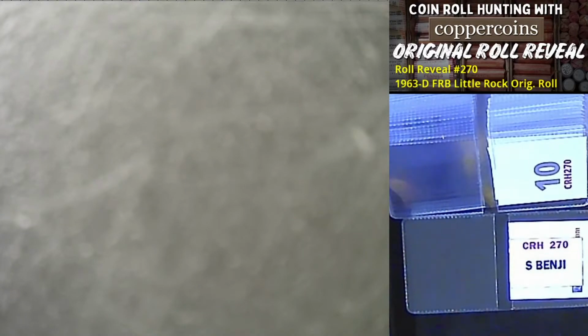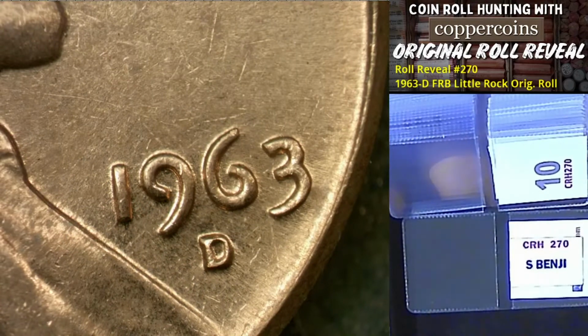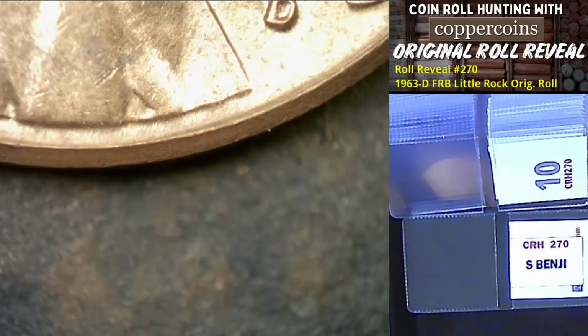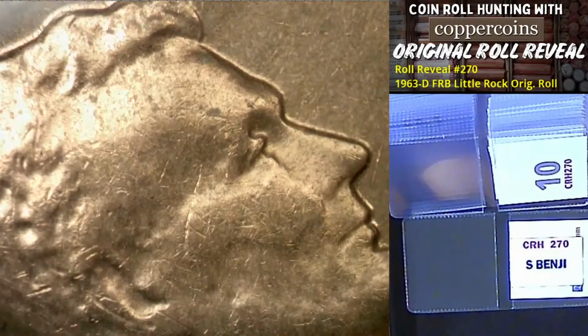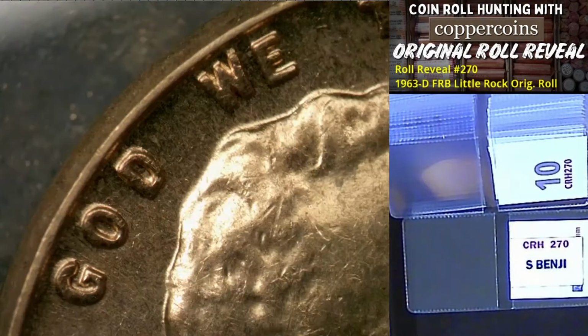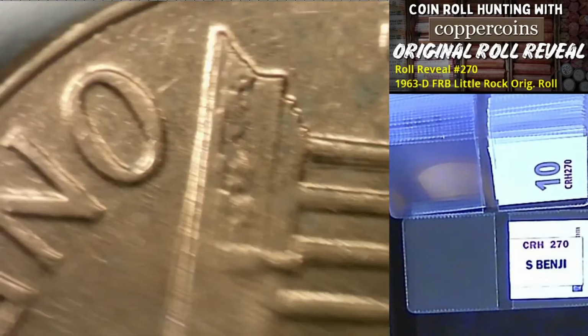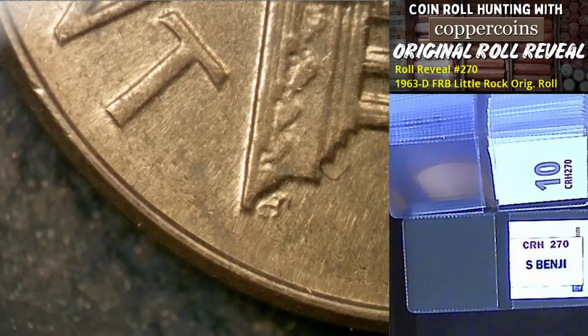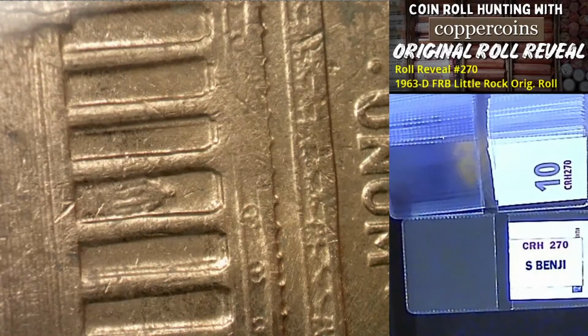Now coin number 9 goes to Sir Benji. And we've got nothing in the date mint mark area, it appears. Nothing around the eye. Nothing on Liberty. Flip it on the reverse side, see if we can see anything there. No. Rather soft reverse, as is expected for this issue, which is why